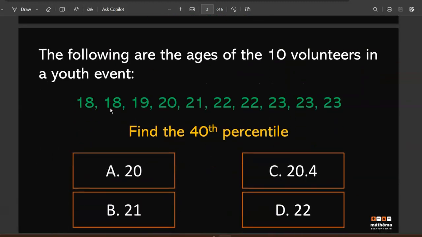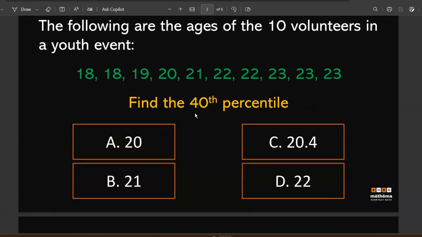So this is our first problem. The following are the ages of the 10 volunteers in a youth event. So these are the ages: 18, 18, 19, 20, 21, 22, and then 23. As you can see, there are 10 ages with respect to the 10 volunteers. Now, we are asked to find the 40th percentile, and to solve for that, our formula is just P sub